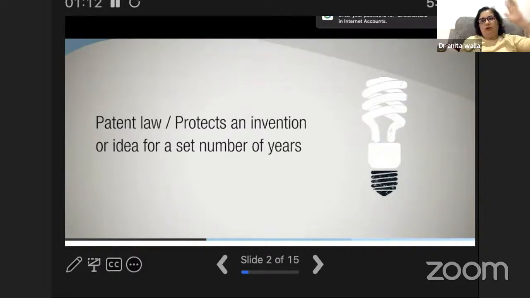In our college also we have done a trademark on our festival logos and all. Then if you have a work of authorship, like a story, a poem, or a picture, an art you have drawn, you can have copyright law.